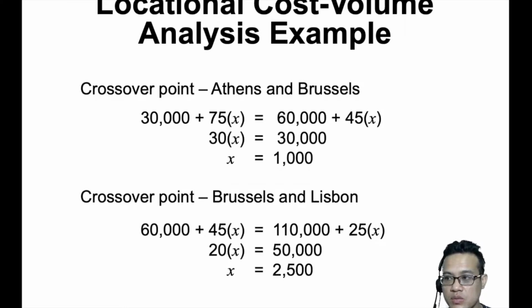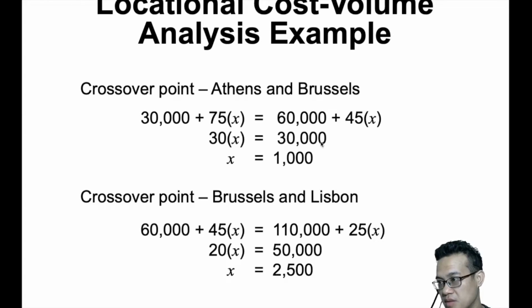Next thing is you need to identify the crossover for each location. First, we look into the crossover points between Athens and Brussels. If you recall, within the table, you can see that this is the crossover point. So 3000 plus 75x. We're trying to find out the x value where these two locations meet. If you calculate this, 3000, I'll move here, and then minus 60,000 minus 30,000, you'll